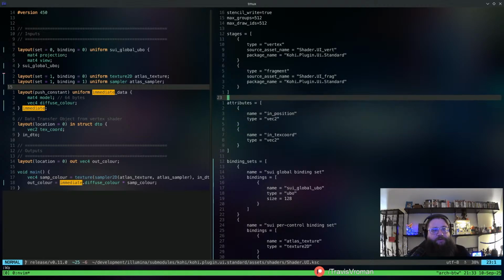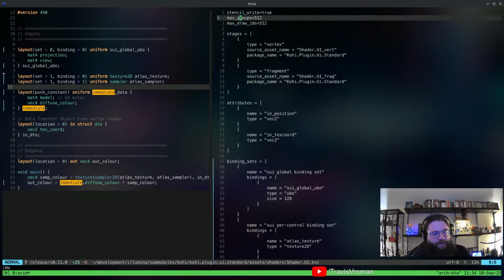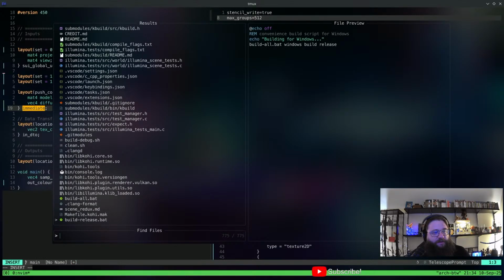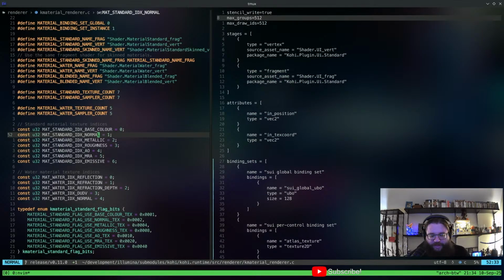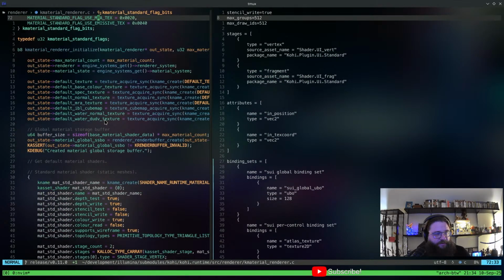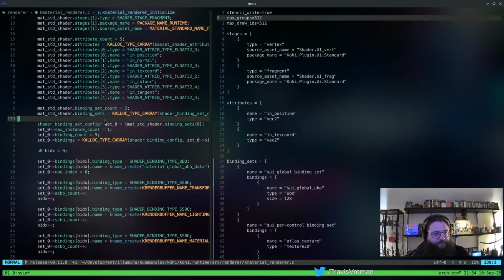All right, so the other thing is we have this max groups and max draw IDs, which, come to think of it, we don't have that in the asset handling for this anymore. Let me take a look at material renderer and see if we actually changed that, because I'm pretty sure we renamed that to like max instances.